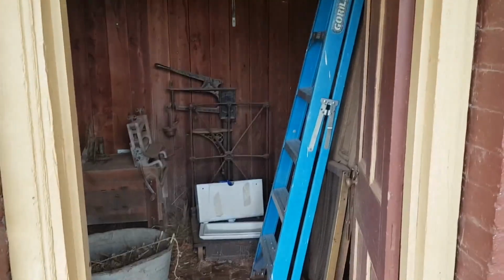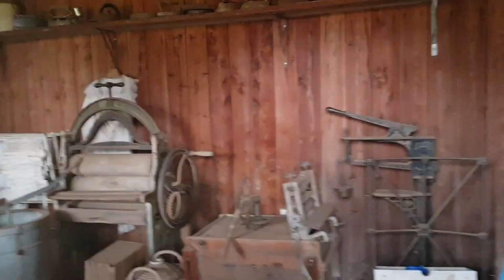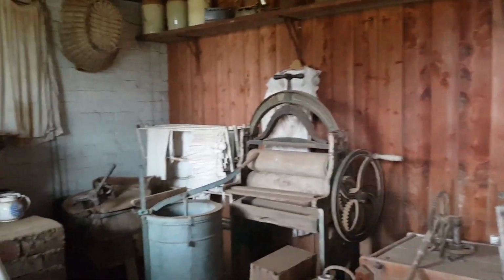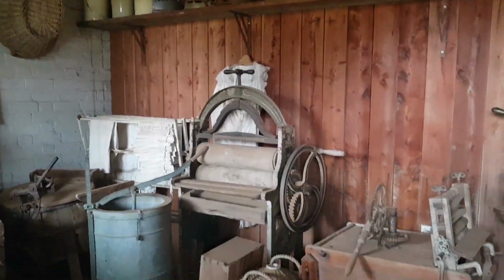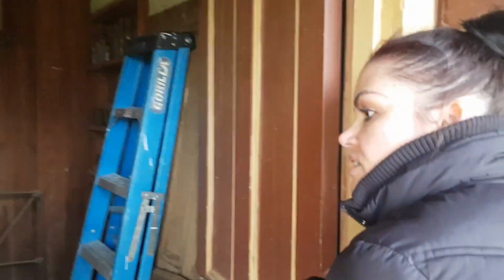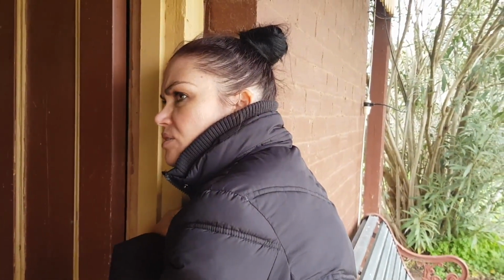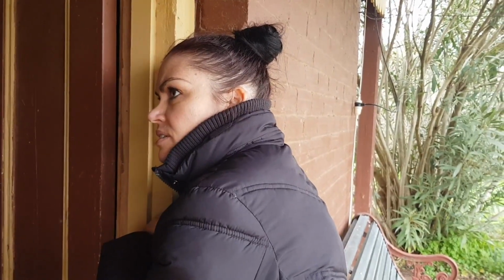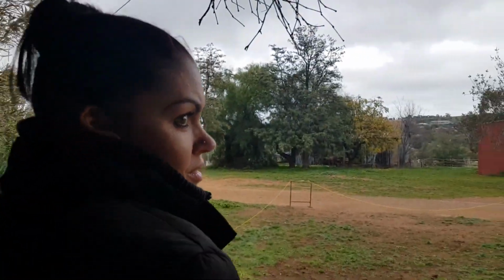Isn't that interesting, that room? They've just left this weird thing in there, but you go in there. I don't really want to go in there. It just feels like a chore room or an unhappy place to be, doesn't it? I feel afraid. This is like a scary place, like whether this was a punishment place for the kids or something, I don't know. I felt tingles in my legs as soon as I went in there. I don't like the feeling. I don't really know how to describe it, but I don't like the feeling. Of all the places around, that's one of the most...